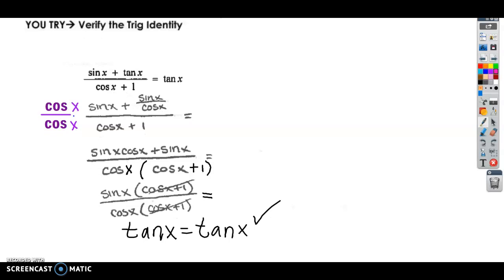So take a look at the U3D3. This is the last one. I chose to change tangent to sine over cosine, and then multiply through both the numerator and the denominator by cosine to get rid of that cosine in the denominator because they end up canceling. That way, I end up with